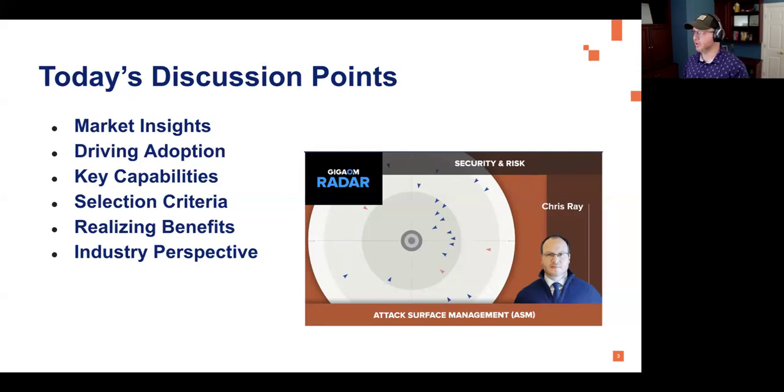So 3, maybe 4 years ago now, as I dove deeper into the attack surface management space, I realized this is a space that is solving that problem. It gives the clients, the people who use these solutions, the confidence to stand up and say, yes, we have explored our entire attack surface and we know what's out there. We have quantified the risks. We have made prioritized efforts to remediate and fix the things that are really bad. That's probably the best understanding of attack surface management 4 years ago as it is still today. That's a key driver in this space.